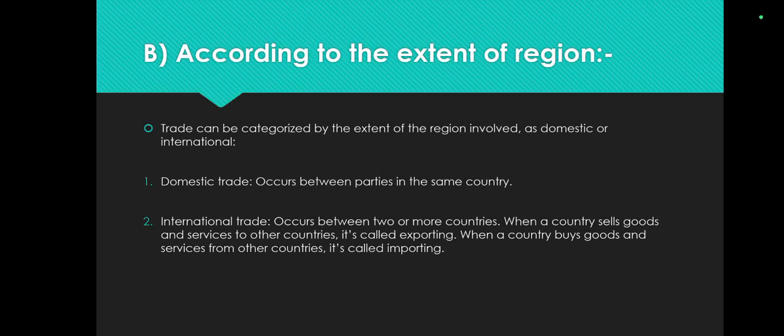Export and import. Now, international trade is further divided into two types of trade, that is export trade and import trade. So, export and import are the basic processes of international trade. When a country buys those goods and services which are scarce in their own country from another country, it is known as import. When a country produces excess goods or services than required, it sells this to other countries which have a demand for it. This is called export.